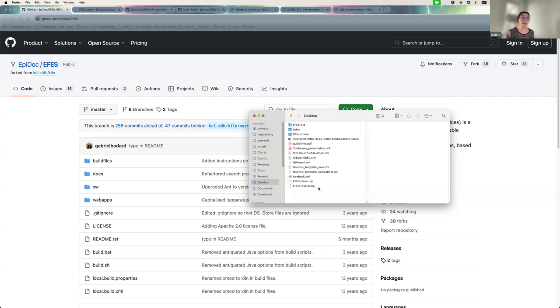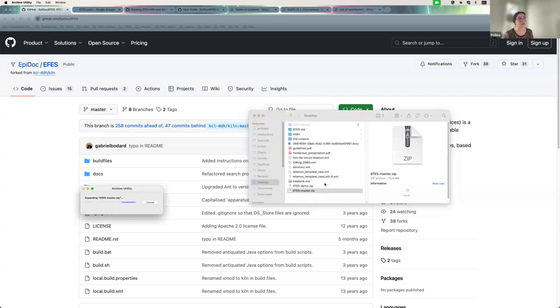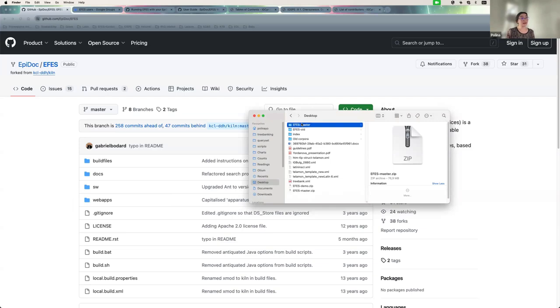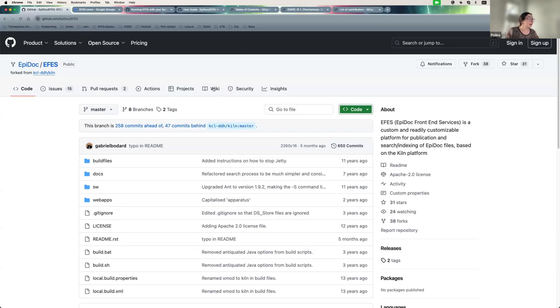And also keep in mind that if you're downloading it, you'll be downloading a zipped folder, and the computer can't do much with a zipped folder. So the first thing we need to do if we want to use it is to unzip it. And in my case, when I unzip it, it's called EFES master, and this is how I will be referencing it from now on whenever I want to access it from my computer. But now that we have it, I can show you